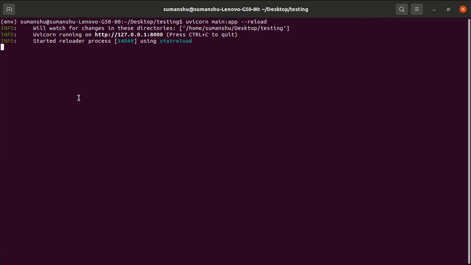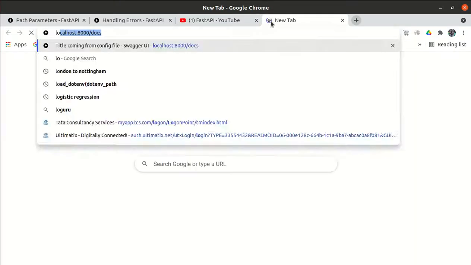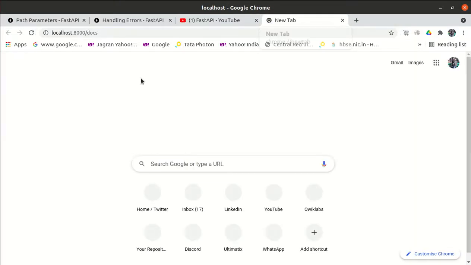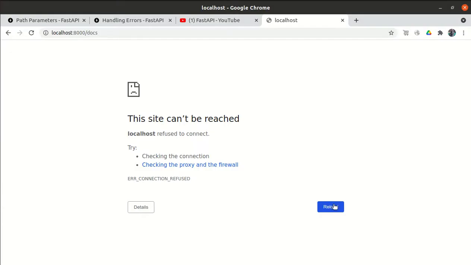So the application will get started. Now let's look at how our application looks. The application has not started yet. Okay, it is getting started, so let's wait. The process is slow. Yeah, now it has started, so let me refresh it.